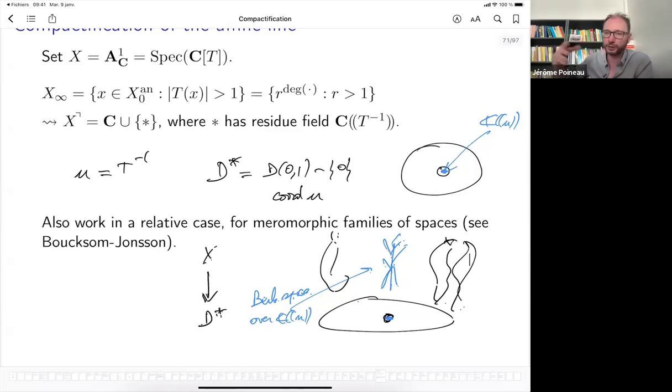I'm pretty sure you can get rid of the technical complication by working with local charts. That's probably not where the real difficulty lies. So if you do that, you end up with some compactified moduli space, and as I said before, if you have a universal curve over that, you end up with universal curves over the compactification.